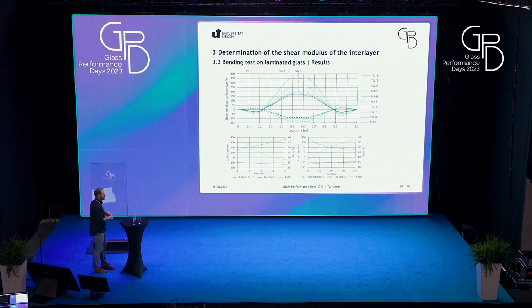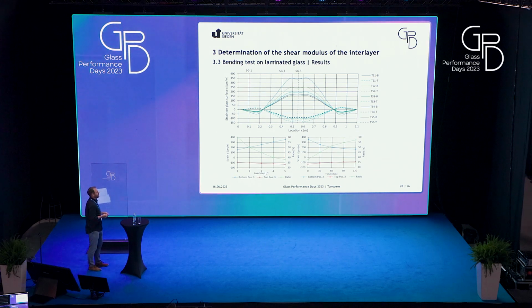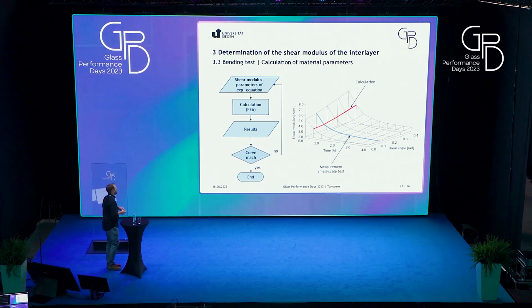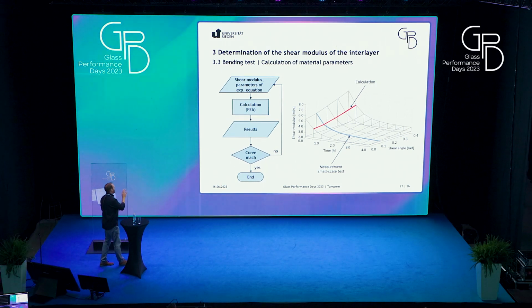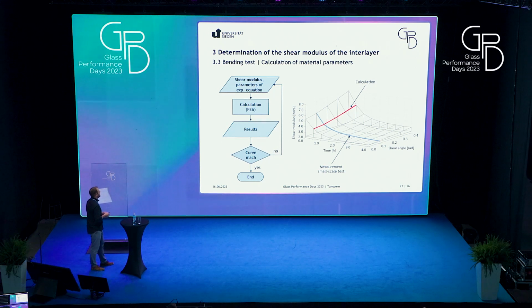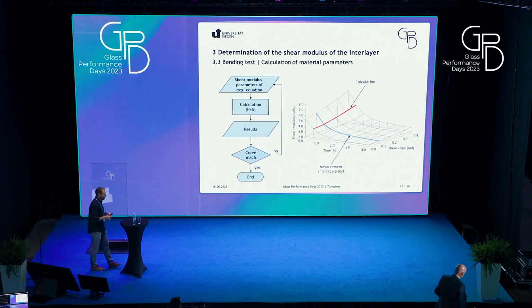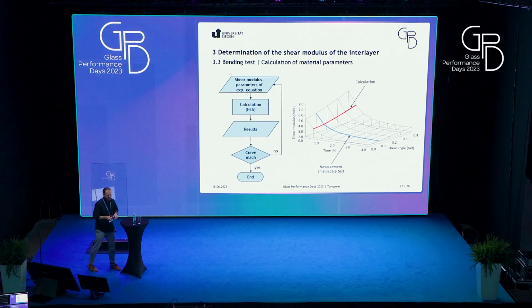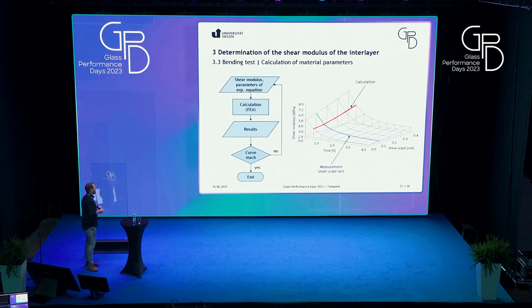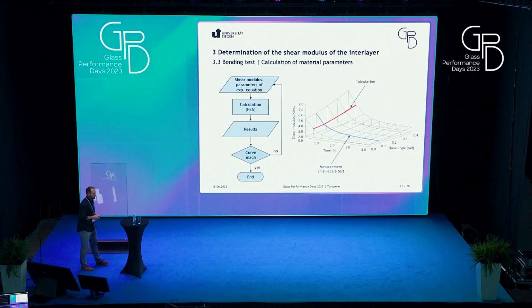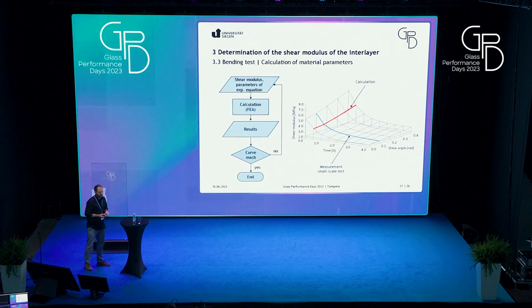But the elasticity and the values of Young's modulus and shear modulus are different on the component scale, and that is determined by this loop. We start with the shear modulus and the parameters of the exponential function of the regression. We do the FEA calculation, have some results, and if the curve from the calculation matches the curve from the measured strain, it is done, and if it doesn't match, you have to do some more loops by varying the parameters,